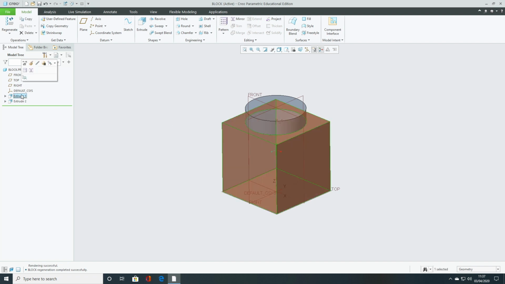To make it slightly easier, I need to select both of these, so extrude 1 and extrude 2. So I just held down the shift key and we're going to click this button here, which is called group. And that's now put both the extrudes together as one, which will now allow me to use the pattern feature on the top here. So I'm going to click on pattern